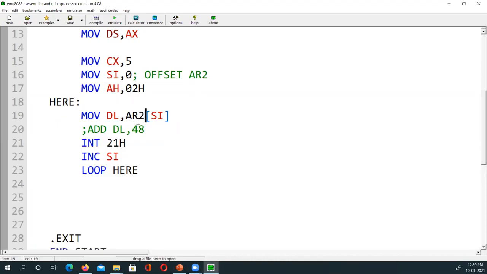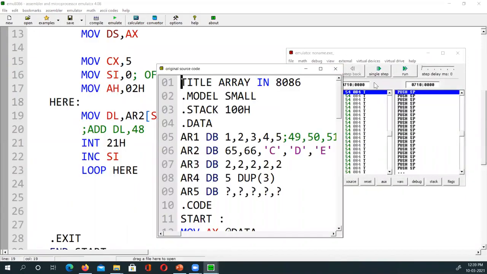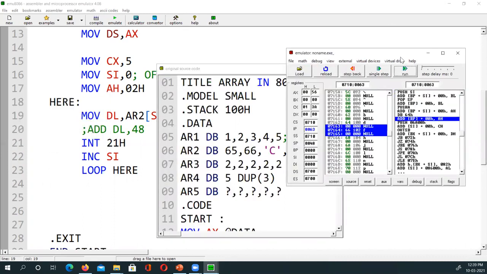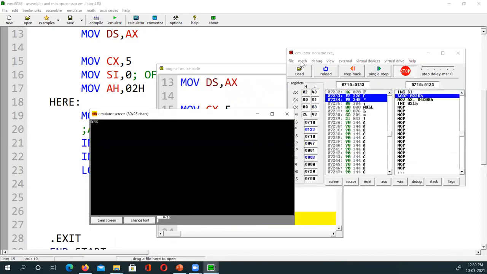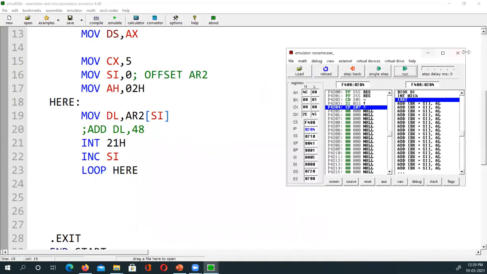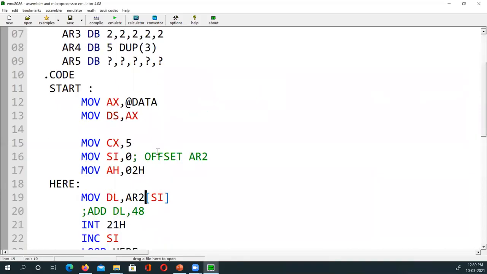Now this way SI knows that this is the 0 of AR2. Now if I run it, it will work. Yesterday we had our class already, we were supposed to discuss this yesterday. I also have to figure out why this is happening the second time, and not the first time. Now it's working fine because it understands which array, AR1 or AR2. Does it make sense what I'm saying? Now it knows exactly 0 of AR2.